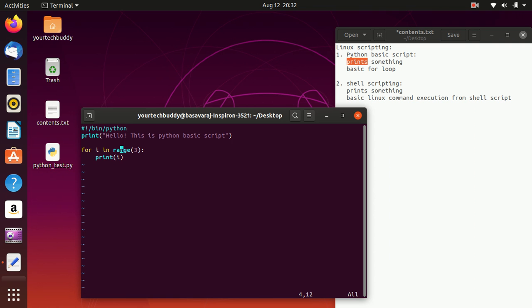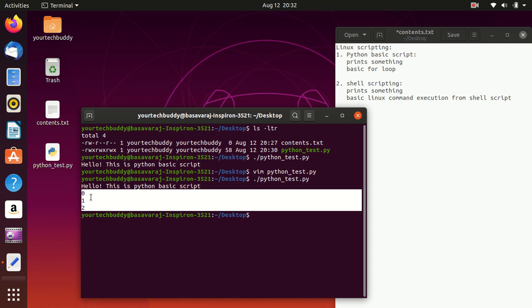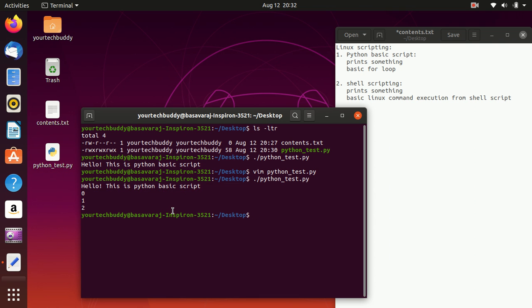Basically, this for loop iterates through this range of 3, and for every value of i, it prints it on the screen. I will execute this script. You can see it's printing the initial statement and the contents of the iteration of the for loop. This is the basic execution of a Python script in the Ubuntu Linux operating system. It's the same across all Linux distributions as well.